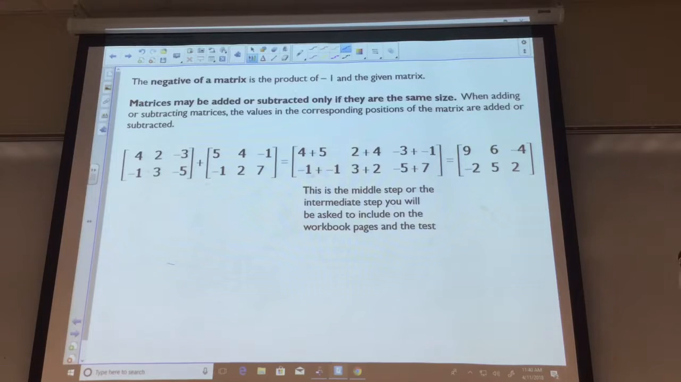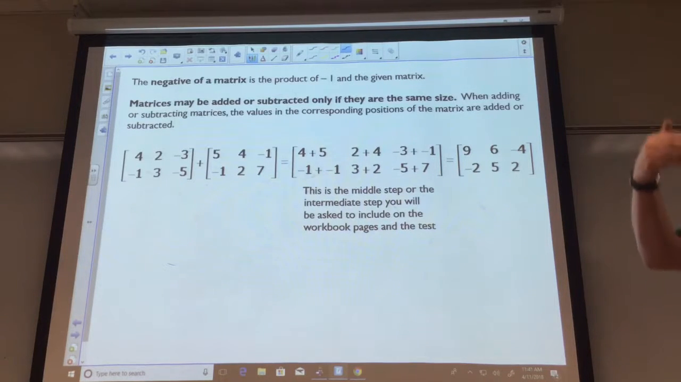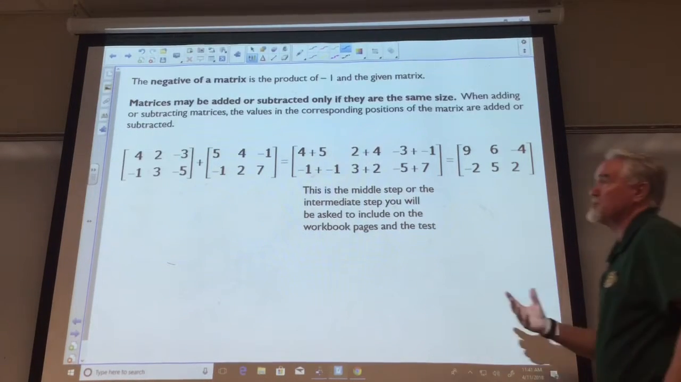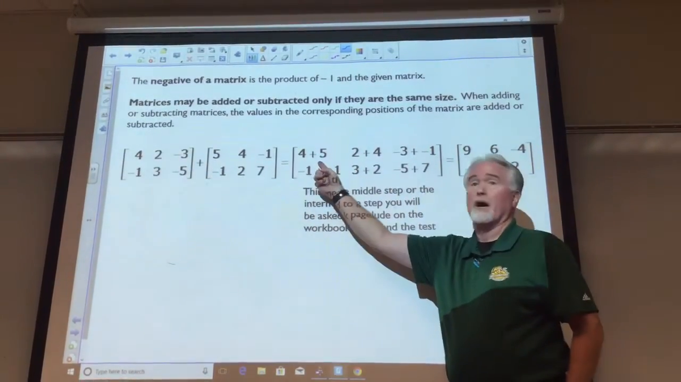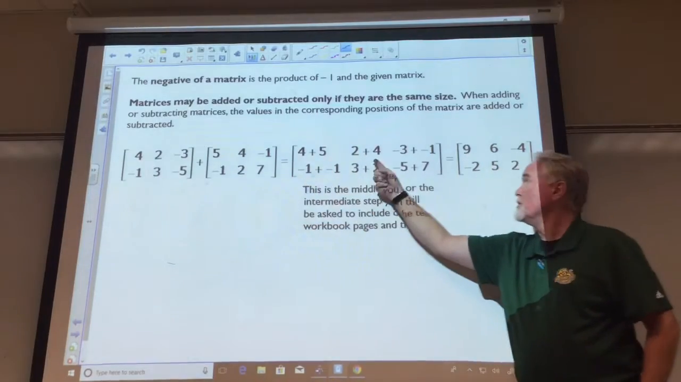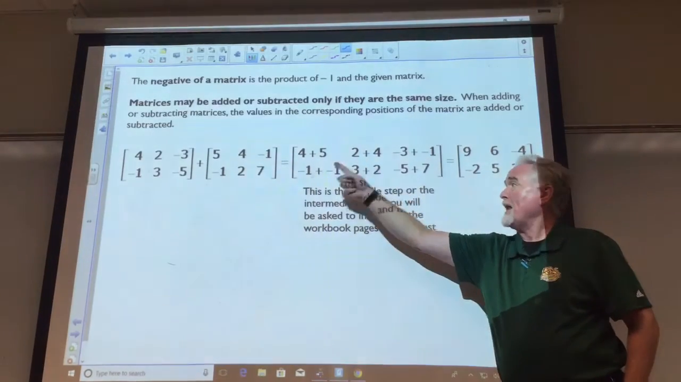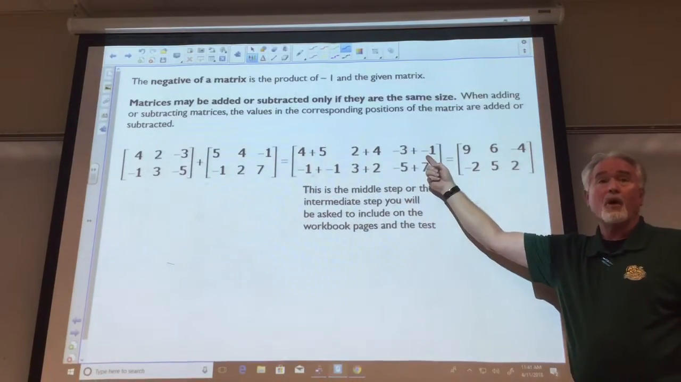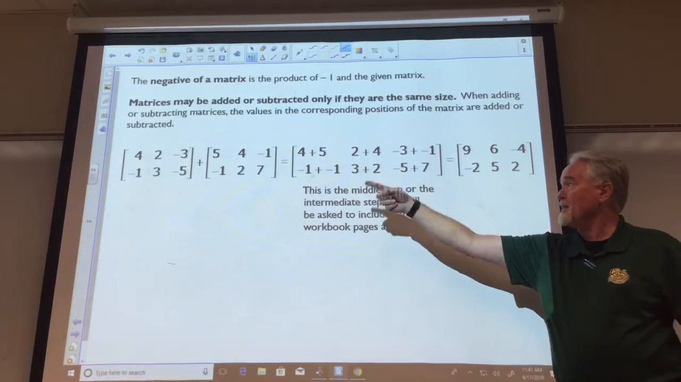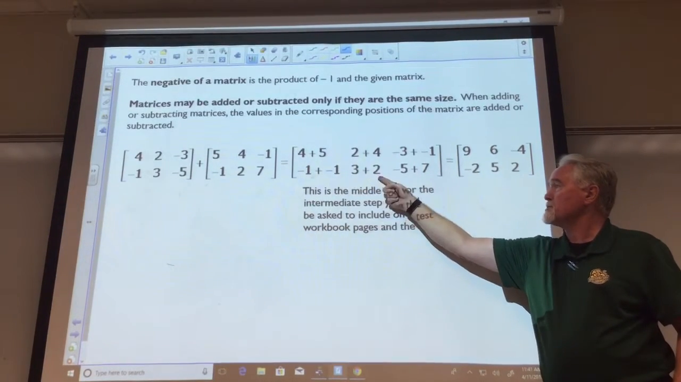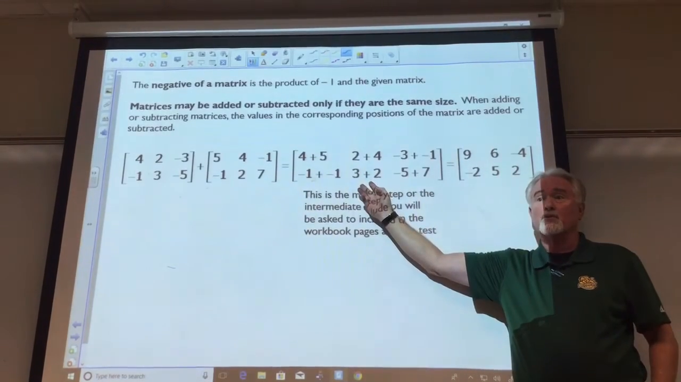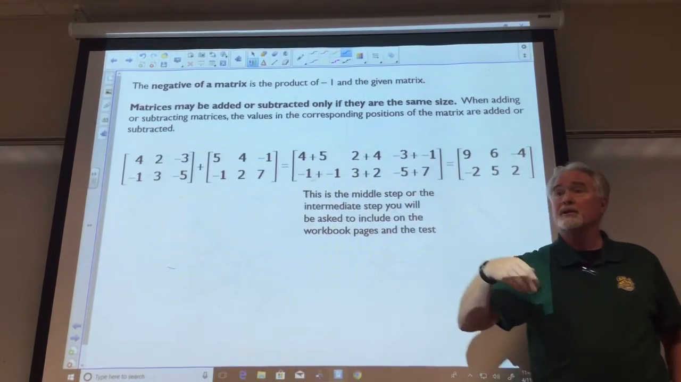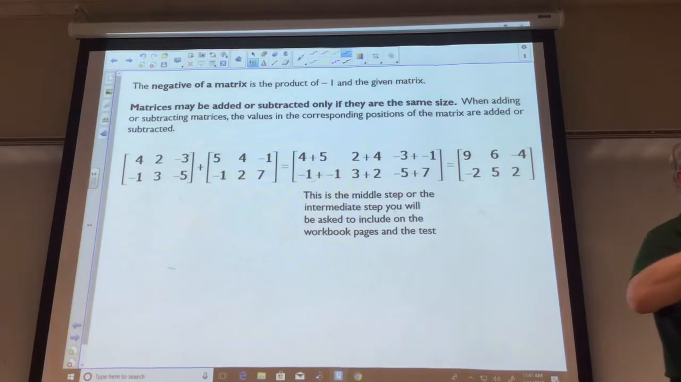Okay, so you're not adding the indexes of the problem, you're adding those individual cells. So your intermediate step would say, I'm going to add 4 to 5. I'm going to add 2 to 4. I'm going to add -3 to a -1. I'm going to add -1 to a -1. I'm going to add 3 to 2. I'm going to add -5 to 7. This would be your intermediate step if the question said include the intermediate step, show support, show the steps you